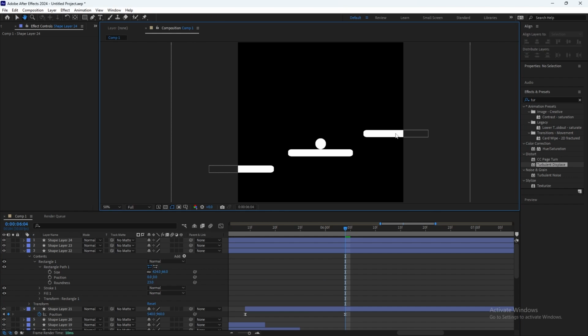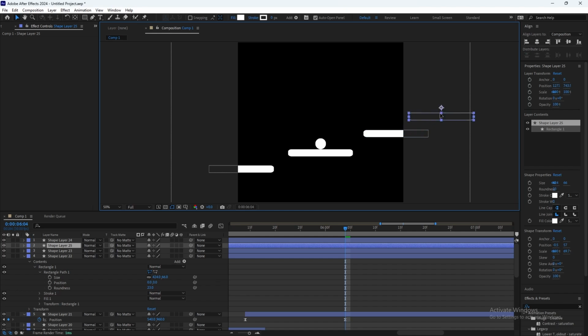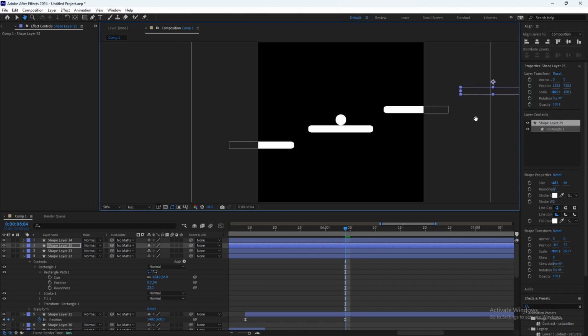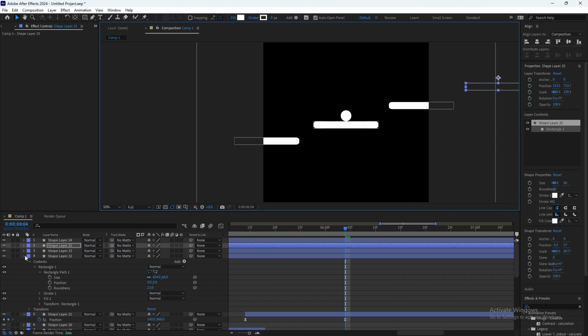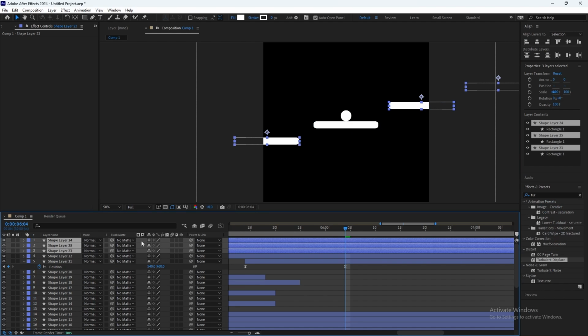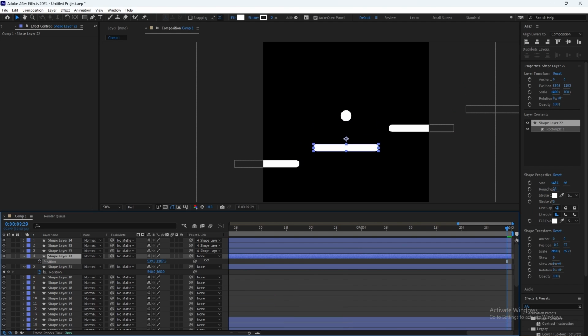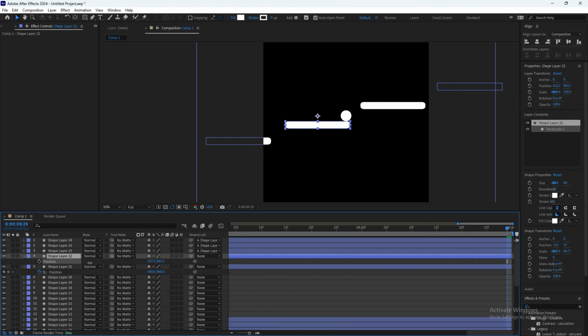Then you can add maybe another one right here, somewhere here. And now just select the middle one and all the others, add a parent link. So once you move that down, it all moves down. It will be way easier to work like that.